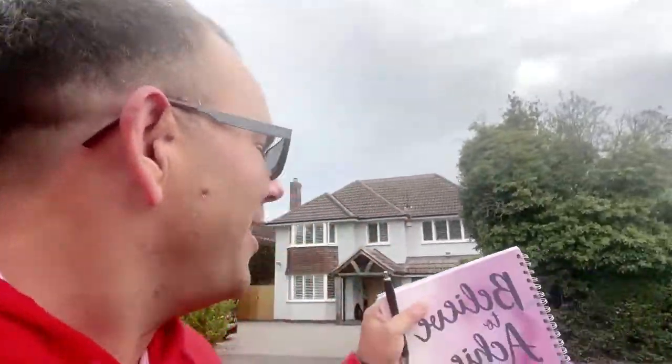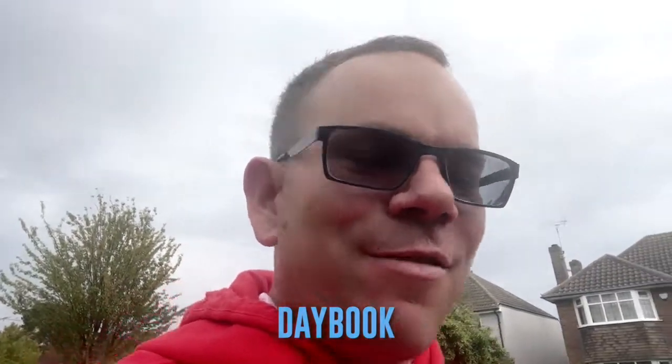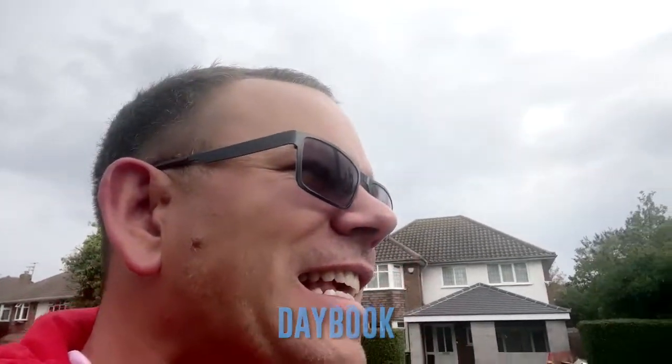Now, I'm here in this street, just parked up there, and I'm walking along it. Not because I'm trying to be a cool dude with my sunglasses on. These are my prescription glasses that are reactor lights. And the reason I've got them on is because I need to read all the house numbers on this street. Because what I've got with me is a pen and paper, my day book. I live with this with me, and I need to sketch every street in about a quarter of a mile radius of this